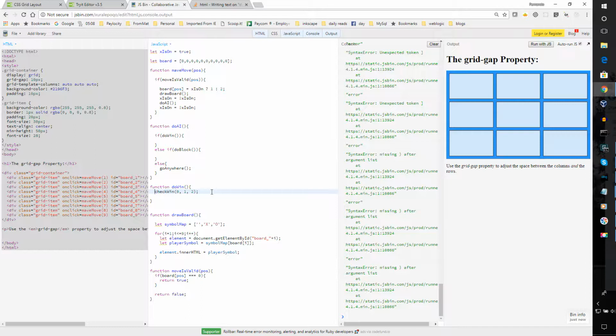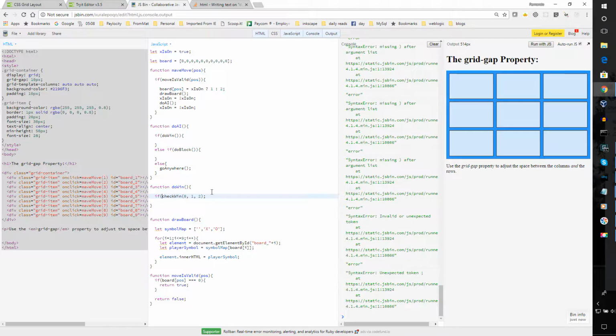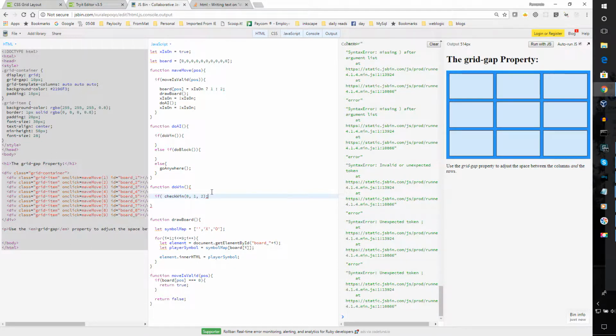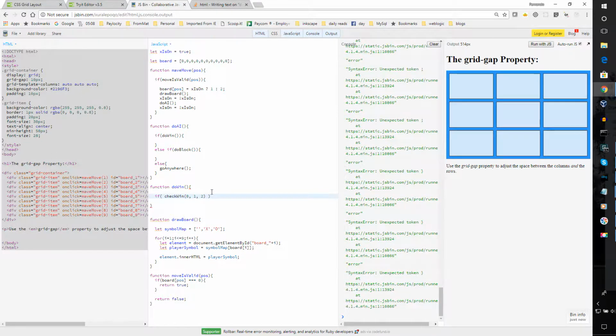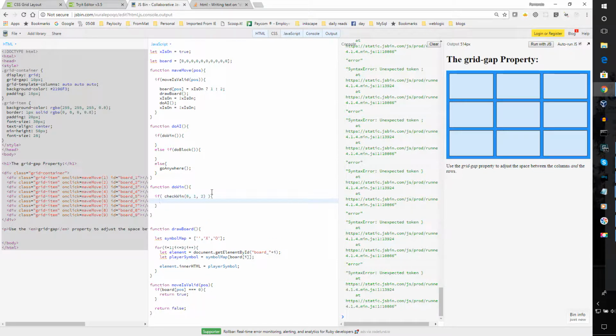Okay, and then, I know this is going to get real ugly, so we could just say if CheckWin. Okay, then game's over, right? No more. Game over. We'll have a game over flag. Game over equals true. So we check win there, and of course we can check win there. So we can say if check win